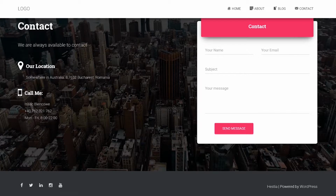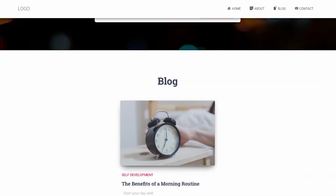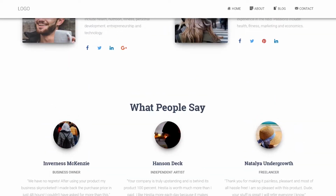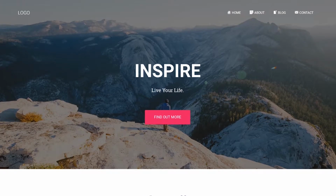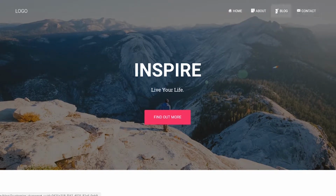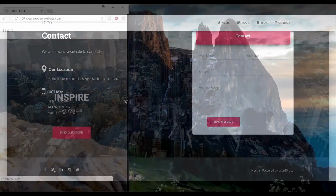Instead of spending literally thousands of dollars to get someone else to do it for you, you're going to be able to take pride in knowing that you have created your very own website. And this is not just going to be some average run-of-the-mill website that you see all too often on the internet. This is going to be a clean, modern, and beautifully designed website that is fully responsive, meaning it will